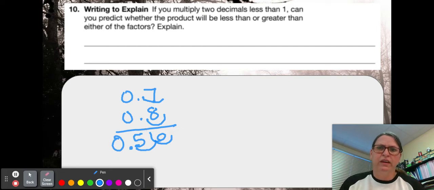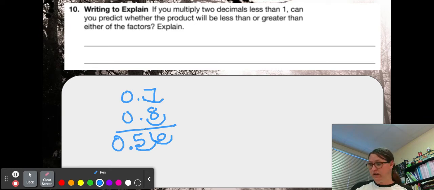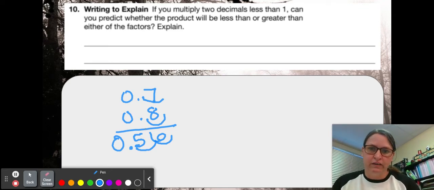So can you predict whether the product will be less than or greater than either of the factors? Well, my product is 0.56. My factors are 0.7 and 0.8. So if I look at a number line, if I'm moving to the right with my number line,